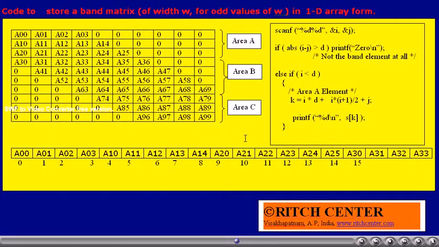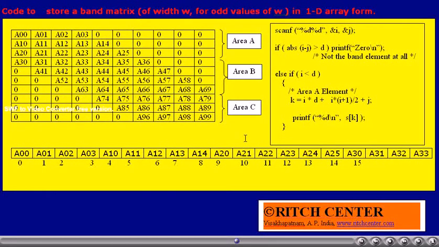Thus, the index k of the ith row, jth column element of this region A can be said as i into d plus i into i plus 1 by 2 plus j. That is the sum of the i rows.